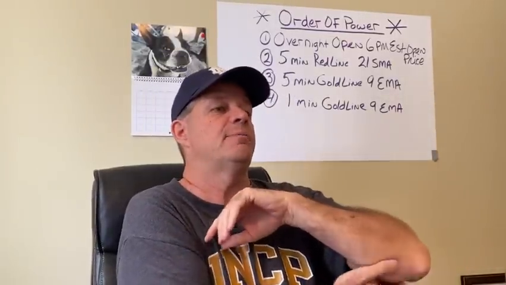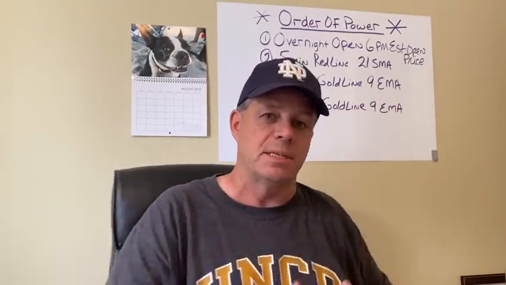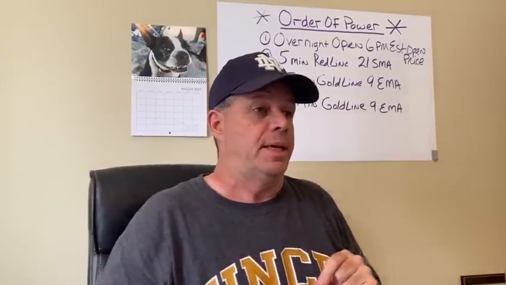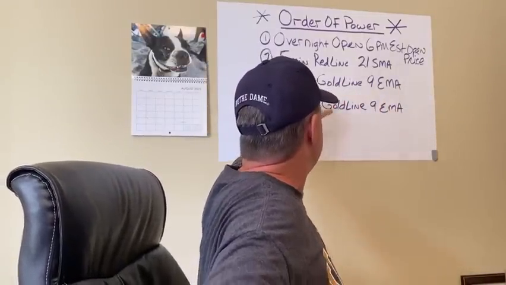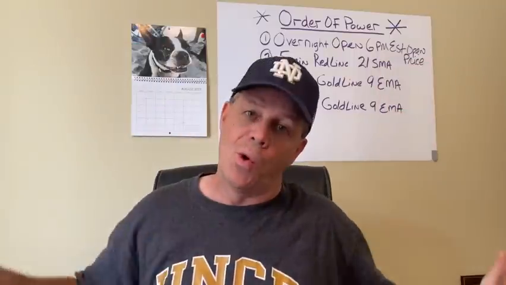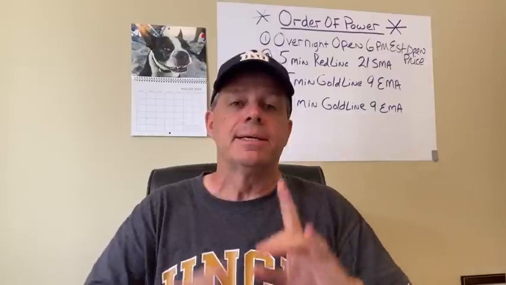I let the 5 minute gold line override the 1 minute gold line. I let the 5 minute red line override the 5 minute gold line and the 1 minute gold line, because that is now the power. If that's the trade that comes into play, that's the new power. Okay? Or it's the new one that eliminates a trade because the 5 minute gold line, for whatever reason, even though the 1 minute's valid, the 5 minute becomes invalid. If we're into the 5 minute and it's invalid, then the trade needs to be canceled. So anyways, that's the last piece,